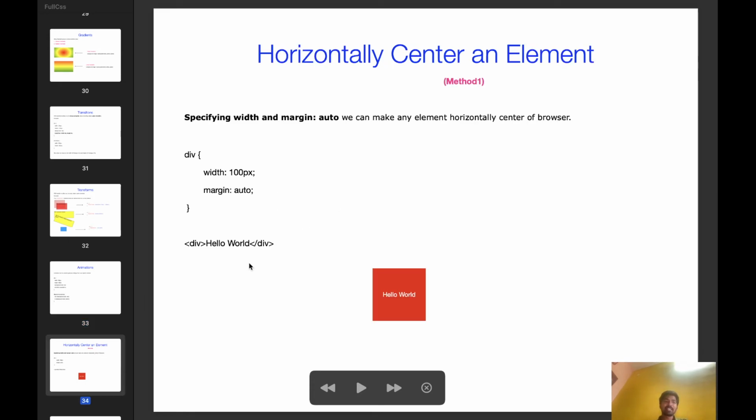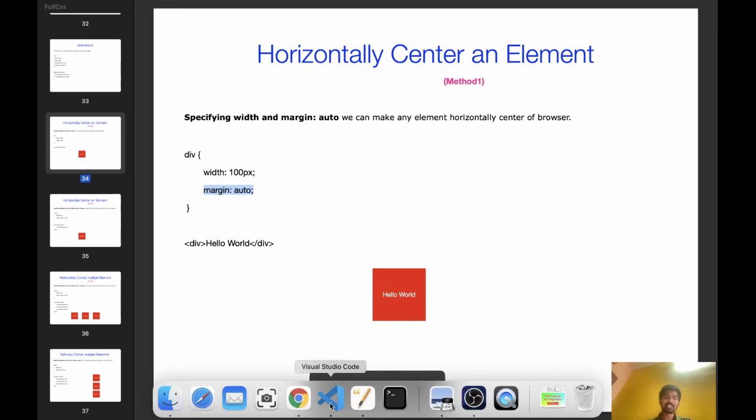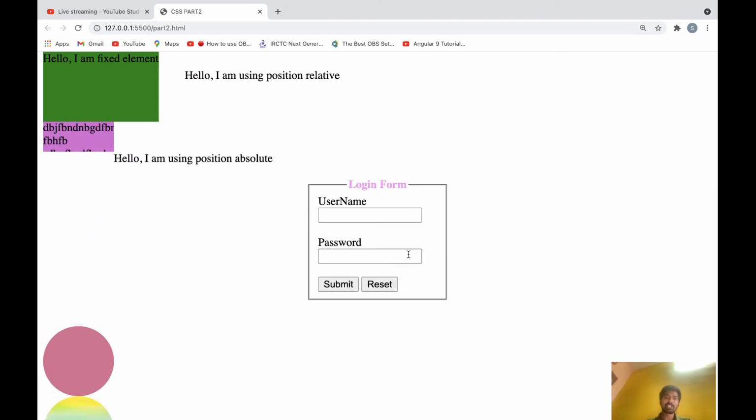Next, horizontal align. Only 2-3 slides are left, I will complete in 2 minutes. Horizontal element: I already explained this. By using margin auto we can move any element horizontally to the center. If you see here, in this form we used margin auto, so that's why it is coming horizontally to the center of the screen.